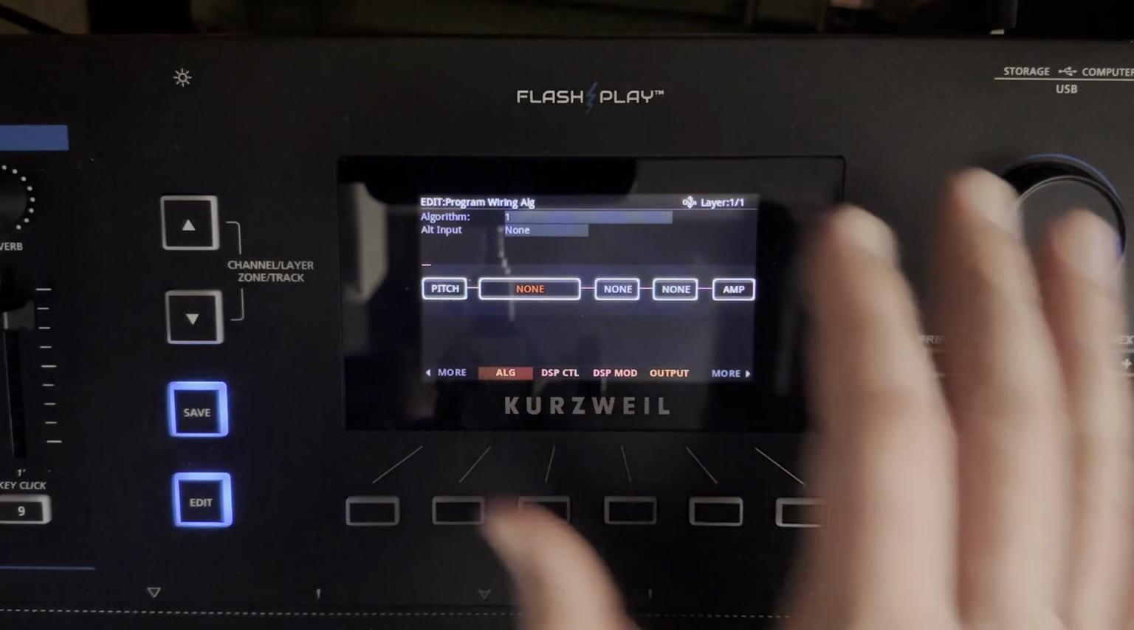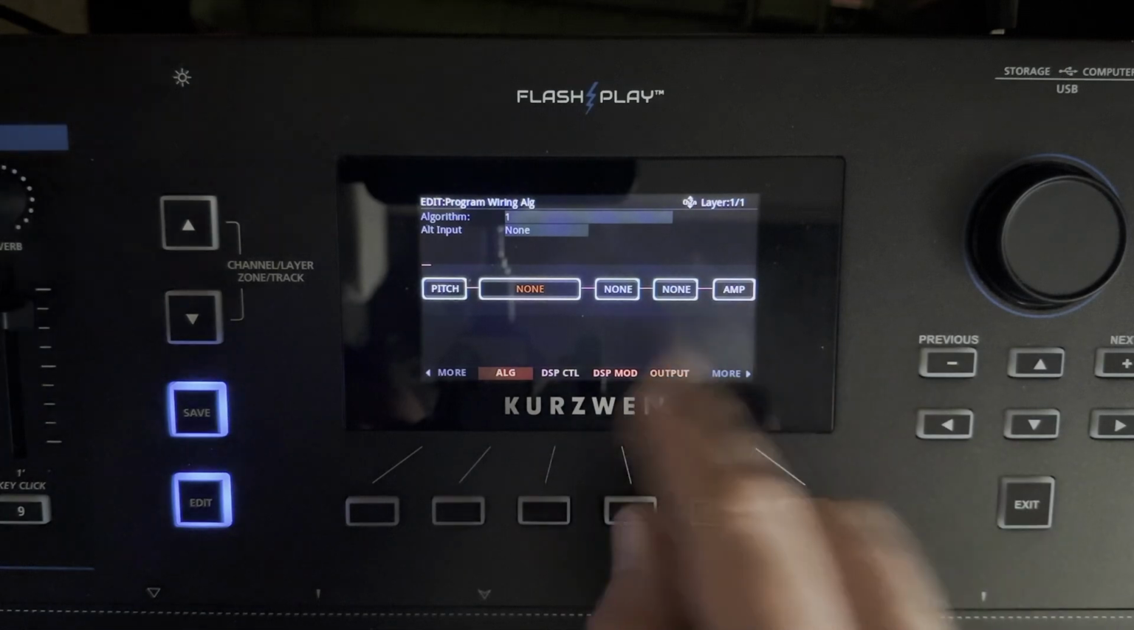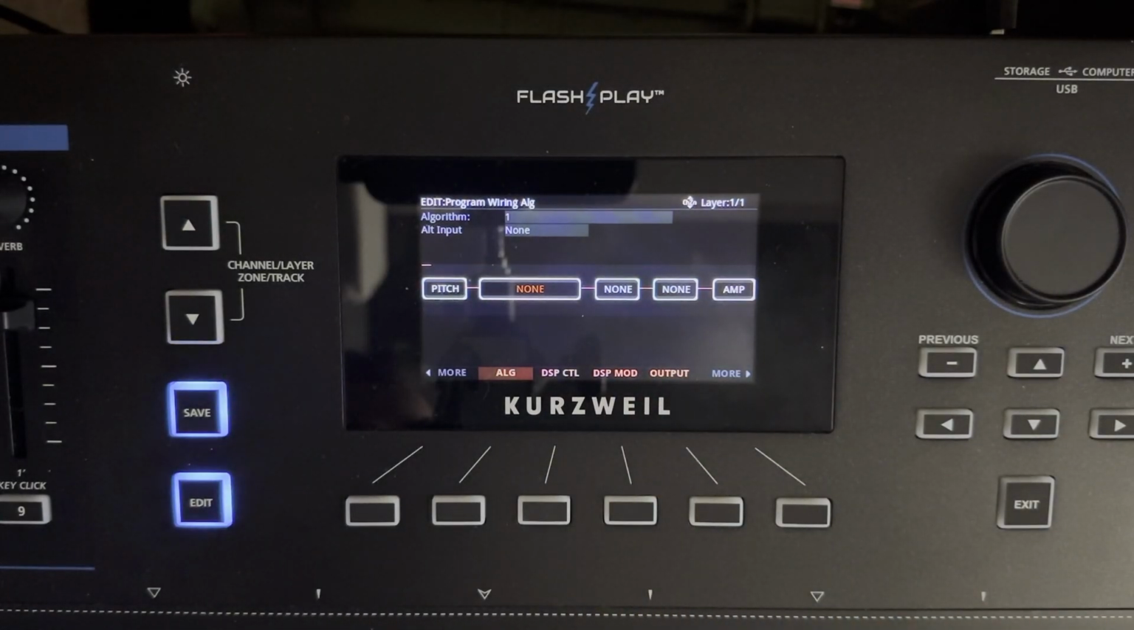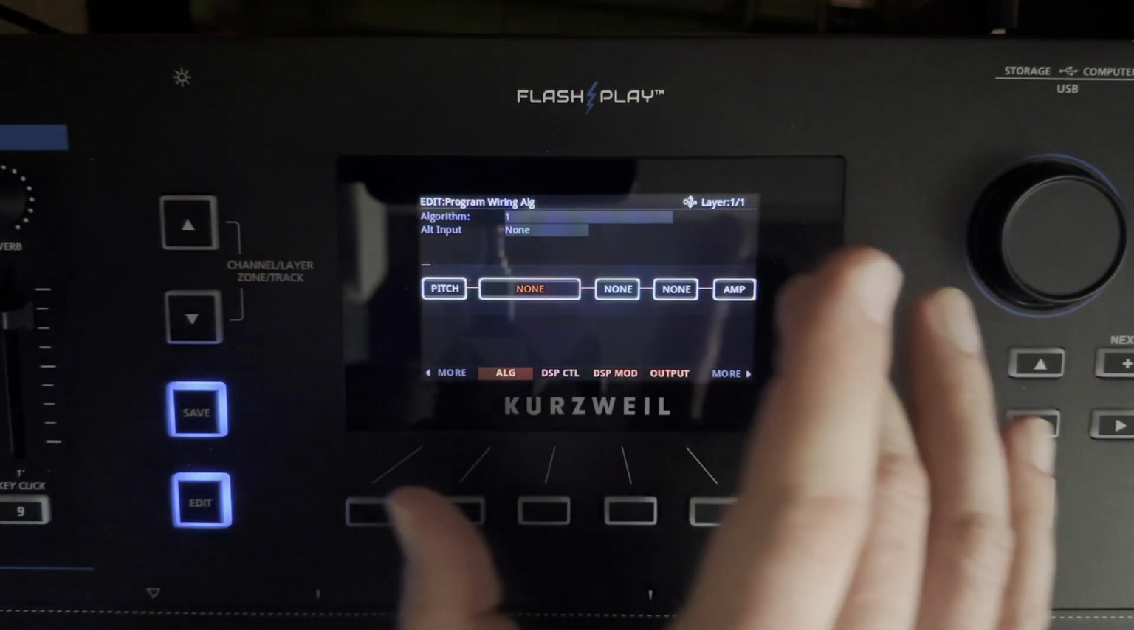In other words, I can take K2000 programs from 30 years ago and load them into this modern K2700. I can't think of any other manufacturer that lets you do that. Take sounds that old and load them into their modern flagship synthesizer. It's pretty remarkable. But I think in order to allow that to happen, they had to keep this architecture relatively